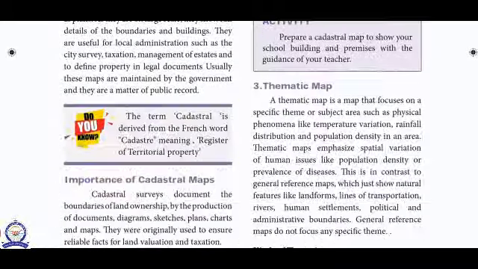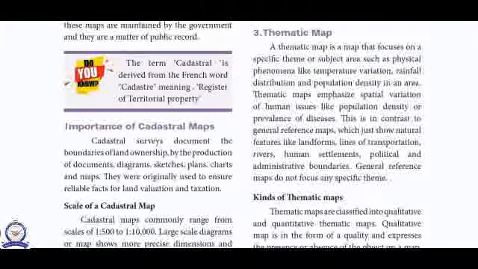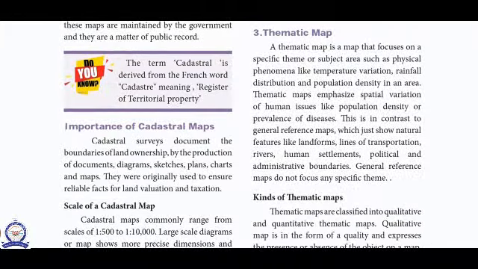And a thematic map is a map that focuses on a specific theme or subject, such as physical phenomena like temperature variation, rainfall distribution, and population density in an area. A thematic map examines a spatial variation of human issues like population density or prevalence of disease.